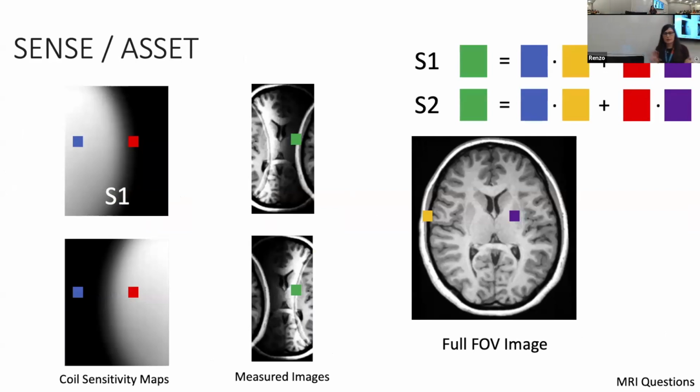SENSE/ASSET, I'm just going to call it SENSE, is based on the fact that you can actually calculate what the sensitivity maps of each of those coils that you're using to measure look like in 3D space or 2D space, or whatever it is that you're measuring. So here on the left-hand side, you can see that I have labeled coil sensitivity maps. This is essentially just where in the space that the person's head is in you are most sensitive to with that particular coil. So the white space is that the coil on this side can see mostly that side,